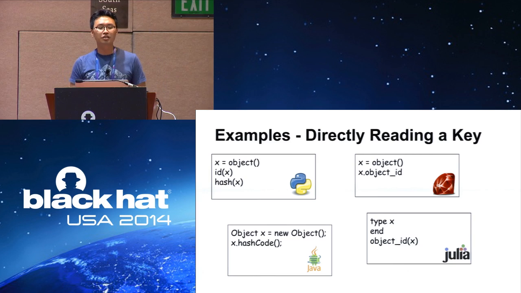So here's how we read for different implementations in Python's case. You can just create the object, and you can call the built-in ID function or hash function. Ruby's case is also pretty much the same. You create the object and get the ID of the object. Yes, the ID is actually the address. In Java's case, you create the object, and if you call the hashCode function, then you can get